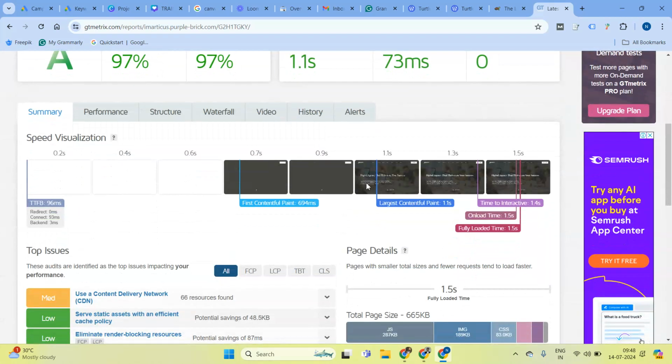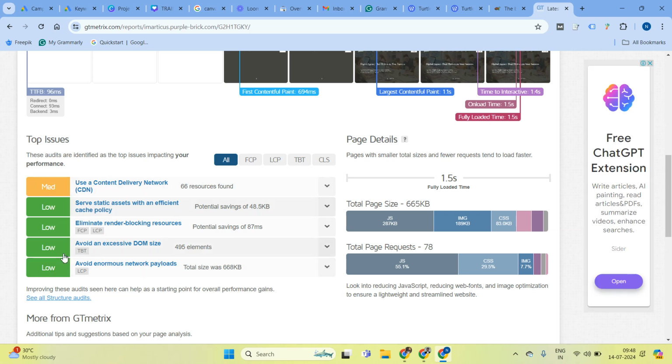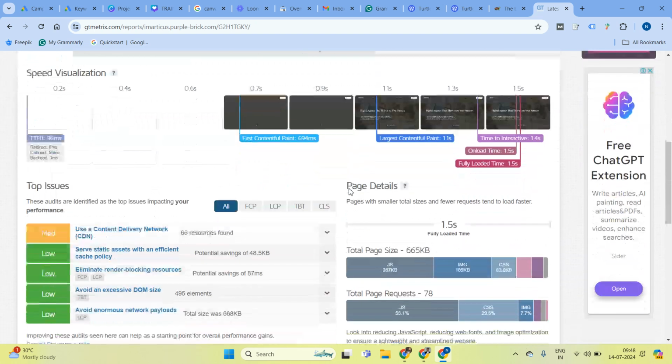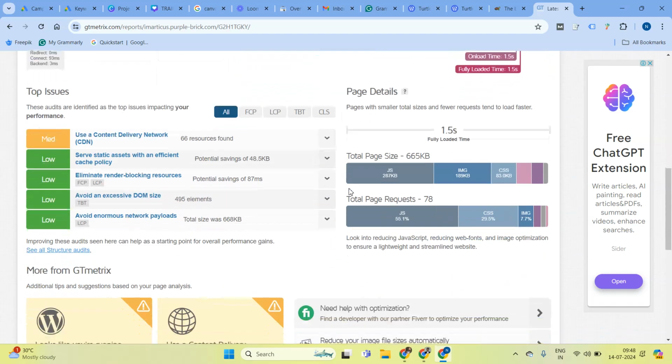If you scroll down, you will also see a number of suggestions, whatever are the issues. So here we are only seeing medium or low priority issues, but if there are certain errors, you'll see high priority issues as well. One of the common things is if the image size is very huge, or there might be JavaScript which is broken. But as a SEO expert, you don't need to worry about it. What you need to ensure as a SEO expert is that all your Web Vitals and performance is good, and if it is not, then you need to share this report with your tech team, and then they will take care of how to optimize the website.